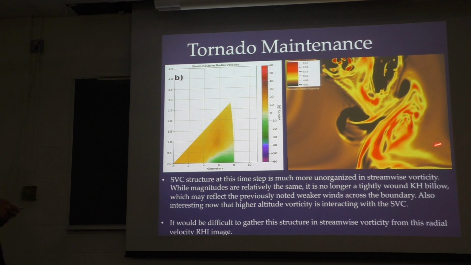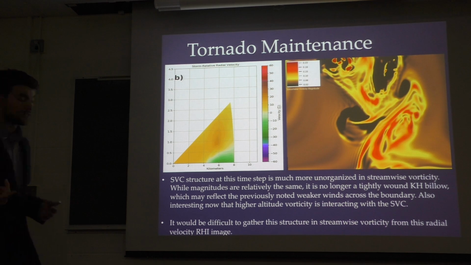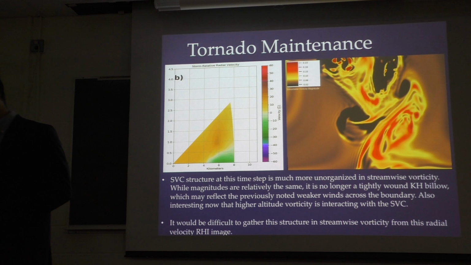If you look at 3D images of this part of the storm, it all looks super smooth and quiet, but when you take cross sections of it, it's a lot noisier. And also interesting to note that it's kind of started to interact with vorticity from the upper levels of the storm as well. The top of this is about 1 kilometer, I think, and now this stuff is coming down and reaching as well. I don't really know why that is, but it was something interesting to see.